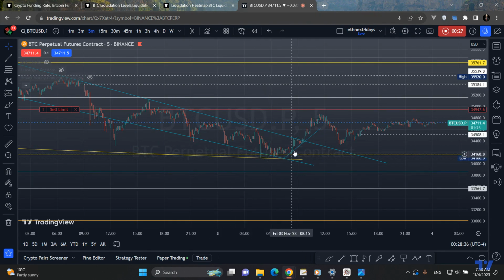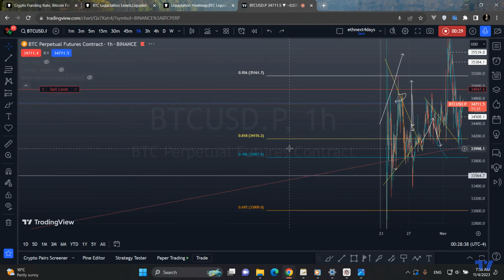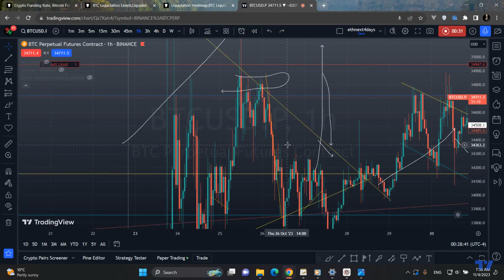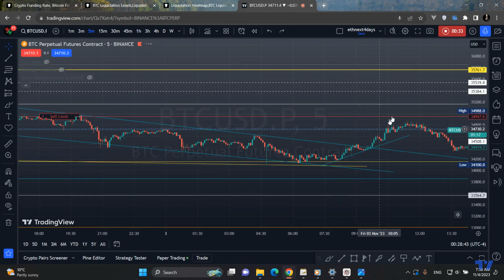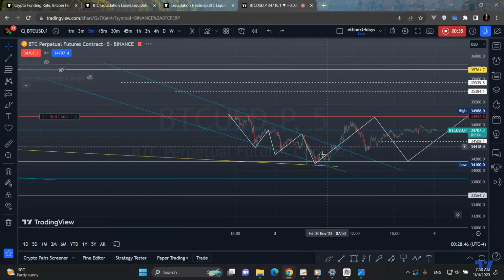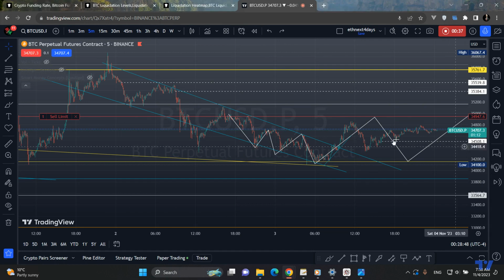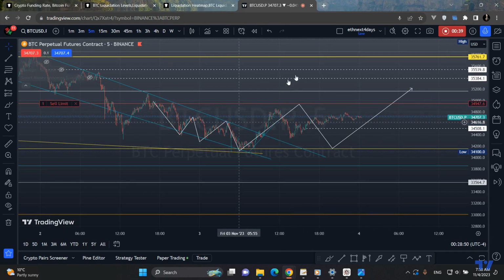I want to talk about this area. Give me a second. There you go, I wanted to show this move. Before anything else, if you remember, I've talked about this move: the three leg down, where the third leg essentially clears the liquidity of the two previous legs, and then the fourth leg either stops above